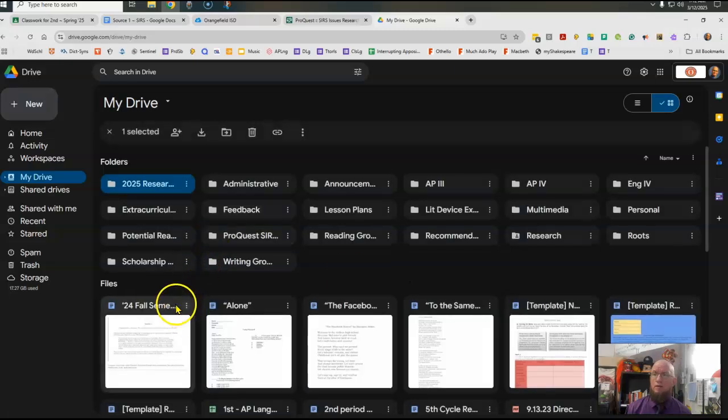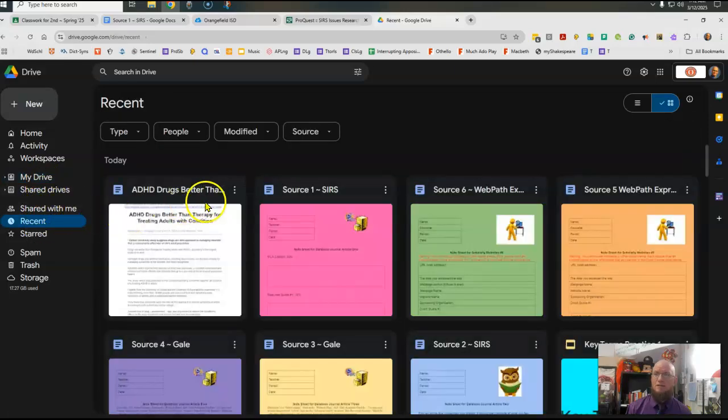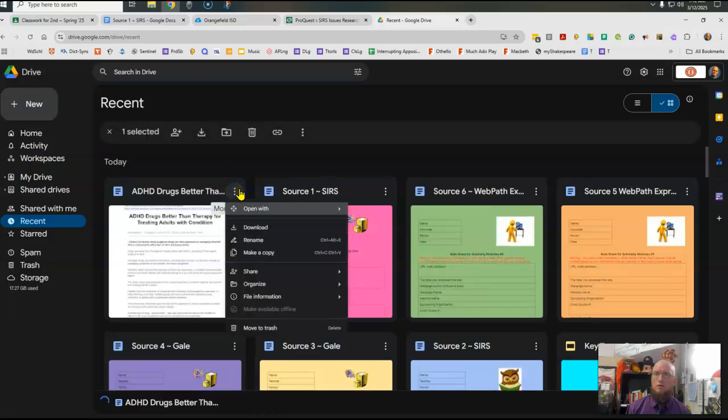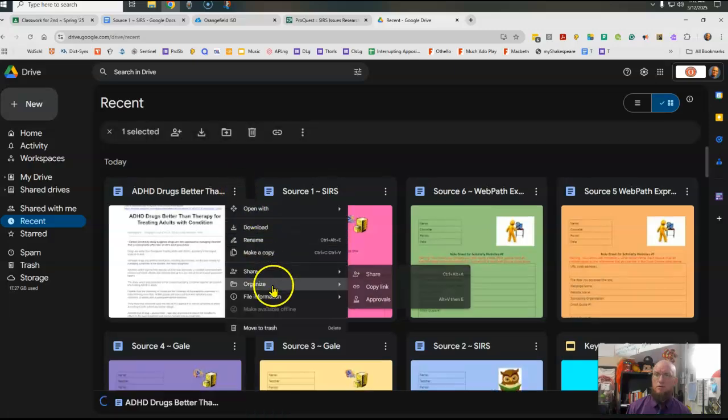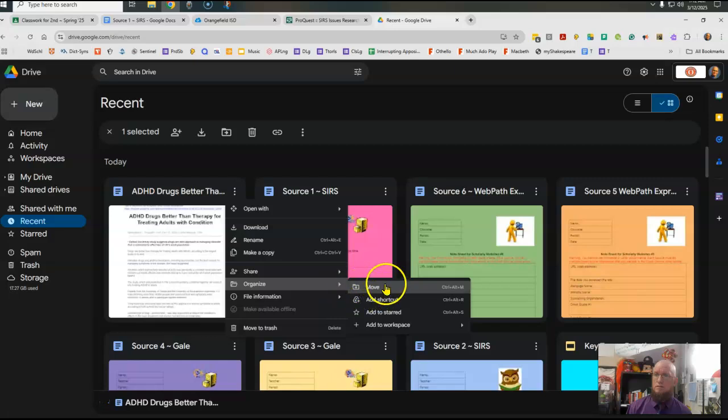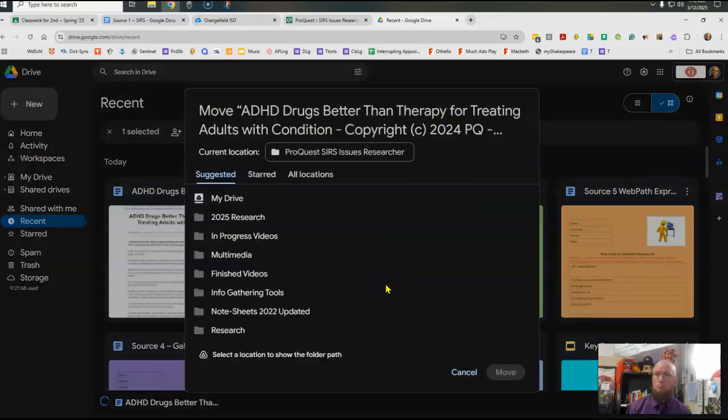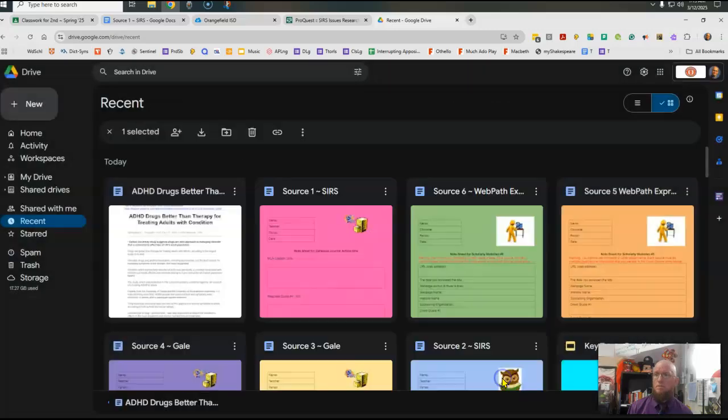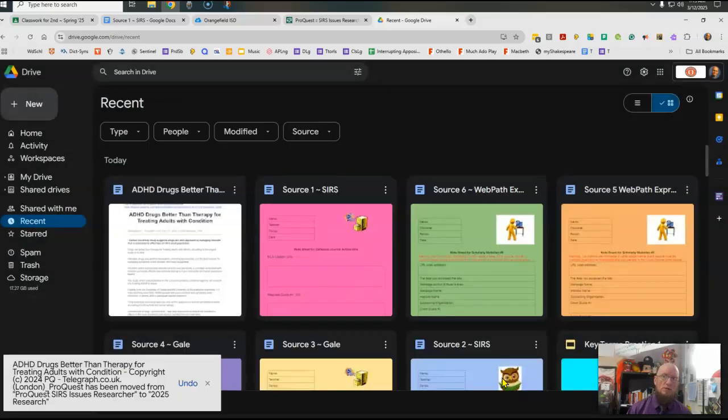And then it goes to My Drive, go back to Recent. And then you can click on the 3 dots here and you can organize it, moving it to your research 2025 folder, and it'll probably pull that up because it's going to assume that since you just created that folder, that's where you want it. The reason for that is if it just throws it in your drive, you're going to have trouble finding it later unless you know the actual name, and that's a lot.